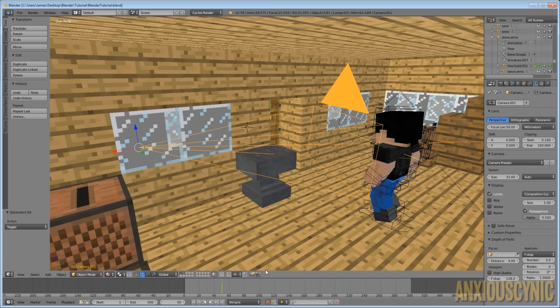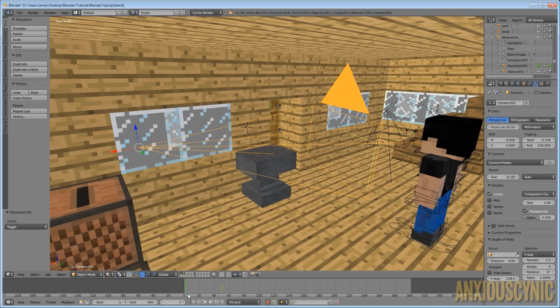So what we're going to do is I'm going to go back to frame 1 here, the very first frame, and down here on the timeline you have this thing called marker. If I click this, you can see it says add marker there, and the shortcut for it is the M key. So if I hit the M key, then you'll see we get this little thing here and it says F1, and that is the marker that we get on frame 1 basically. And I'm going to rename this marker. I'm going to call this one camera A and hit OK.